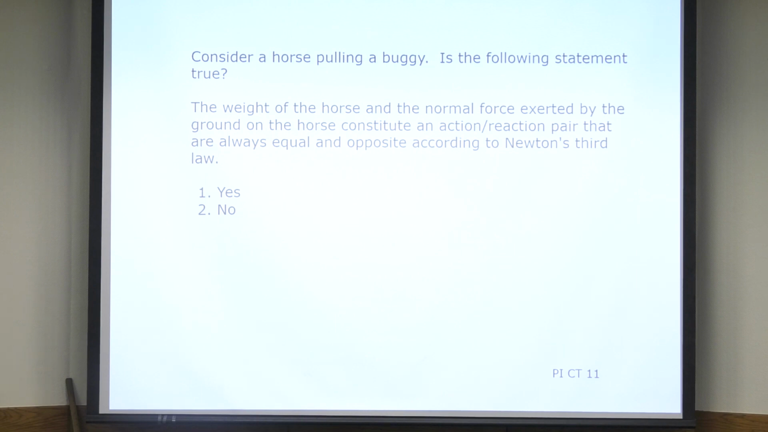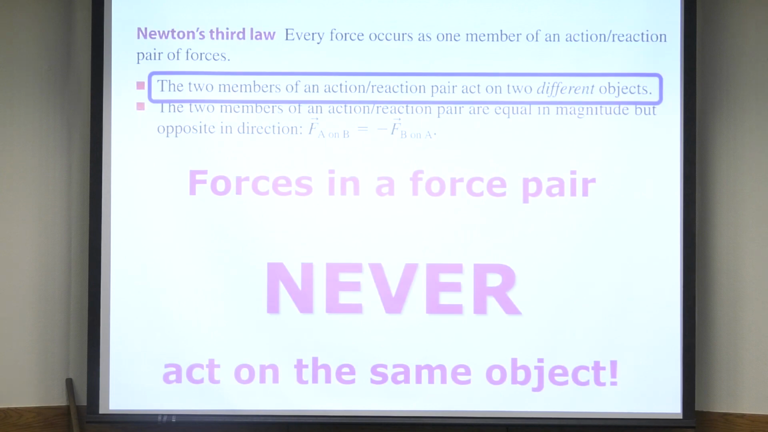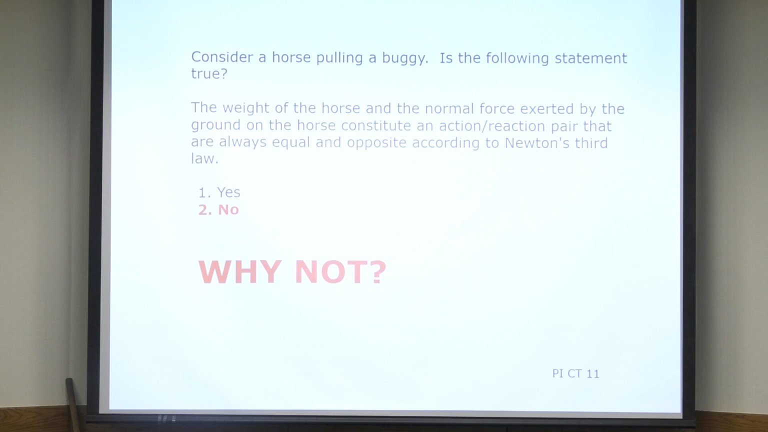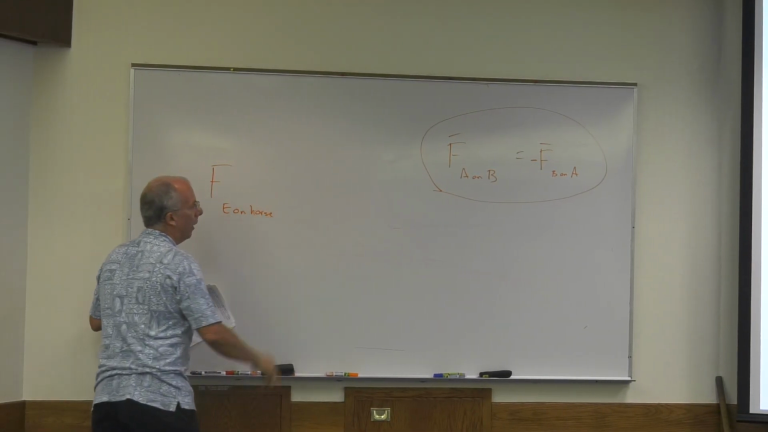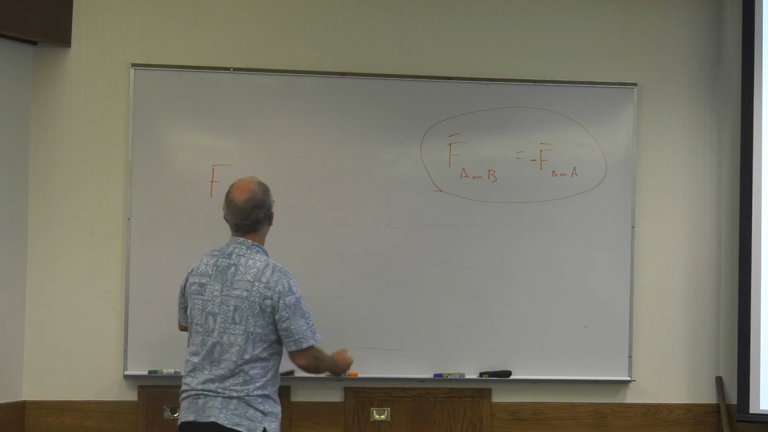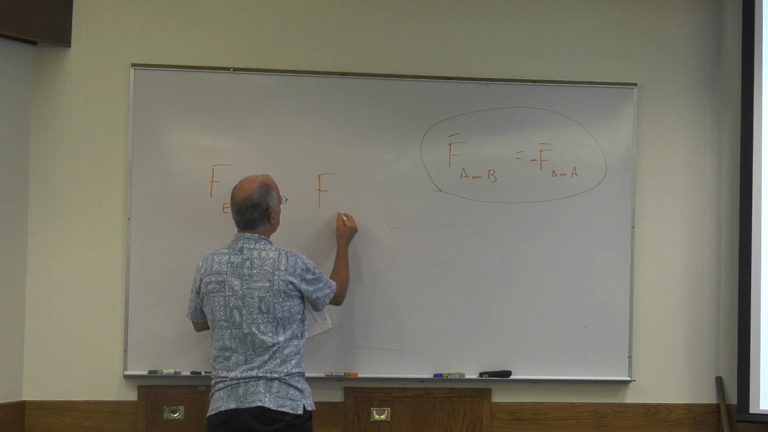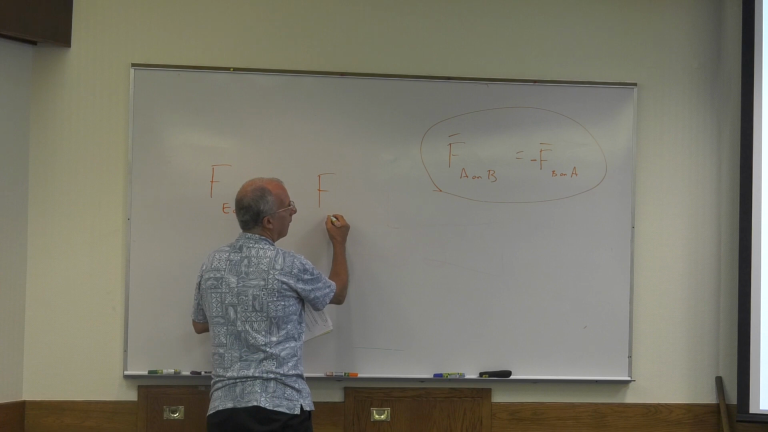Okay, what is it? False. Why is it false? The two members of an action-reaction pair act on two different objects. Forces in a force pair never act on the same object. Let's do the question. The weight of the horse is the force of earth on horse, right? Okay, what's the normal force? The normal force is the force of the ground